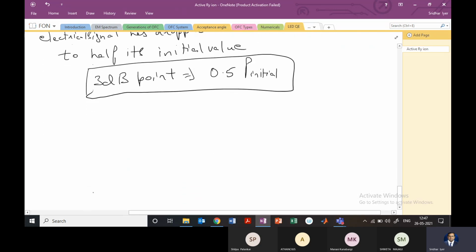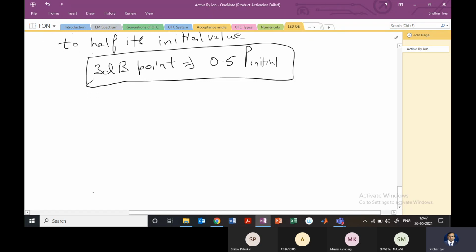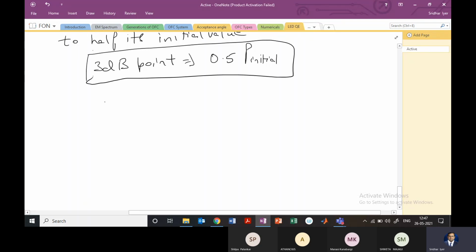Now let's see how we can relate this to the optical system. In the optical system, we obtain the 3 dB bandwidth of the optical carrier, and we obtain an increased value for modulation bandwidth. The reason for this is what we can see in the diagram. In the optical system, you will always get an inflated or larger modulation bandwidth. So let me draw that so you'll be able to understand.